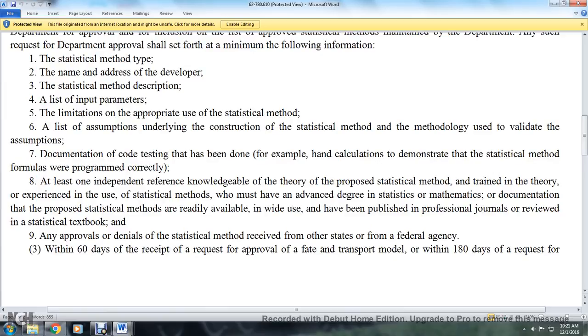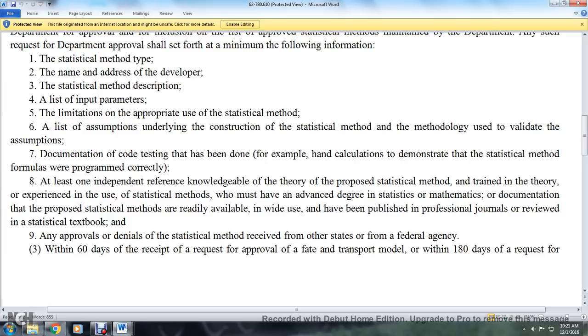documentation of code testing that has been done, for example, calculations demonstrating the statistical method formulas were programmed correctly; and at least one independent reference knowledgeable in the theory of the proposed statistical method and trained in that theory. For example, experience in the use of the statistical method, who may have advanced degrees in statistics or mathematics. Documentation of the proposed statistical method should be readily available and reviewed in published professional journals